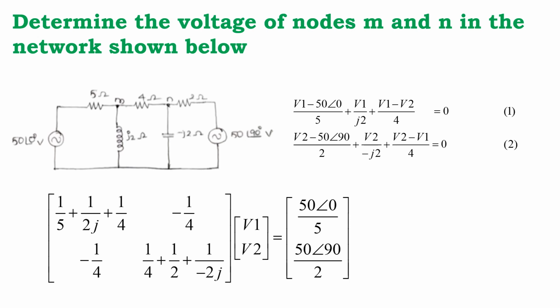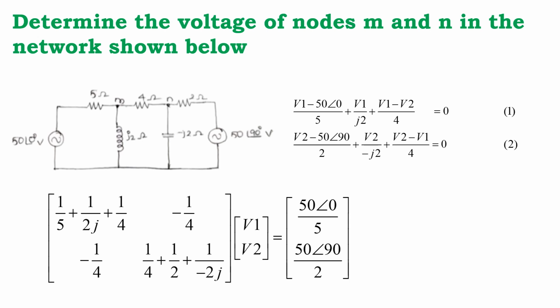So here M is one node and N is another node. In M we have 3 elements joining, and in N we have 3 elements. So we will see the first one, it is 1 by Z11, that is 1 by 5 plus 1 by 2j plus 1 by 4. This is 1 by Z11. Next one is minus 1 by Z12. The common element between M and N is minus 1 by 4. Similarly 1 by Z21 is once again minus 1 by 4. Next is 1 by Z22, which is 1 by 4, 1 by 2 and 1 by minus j24 equal